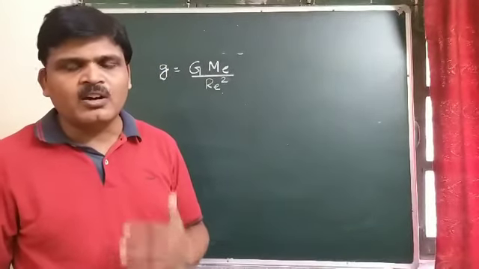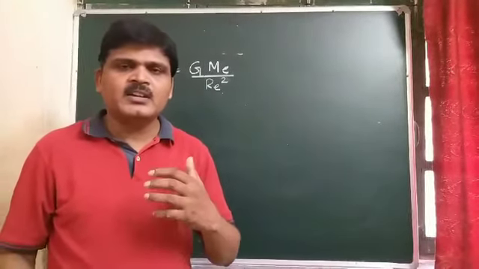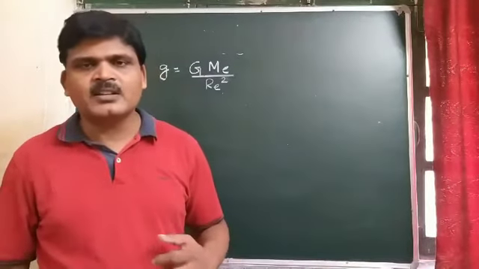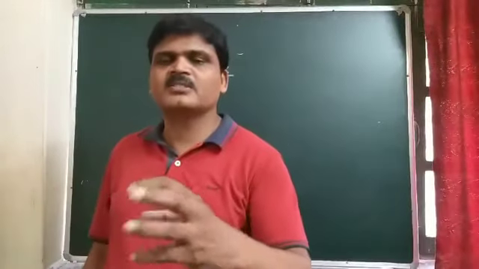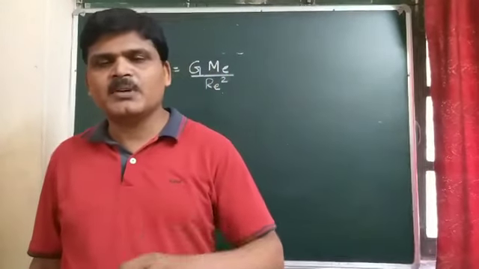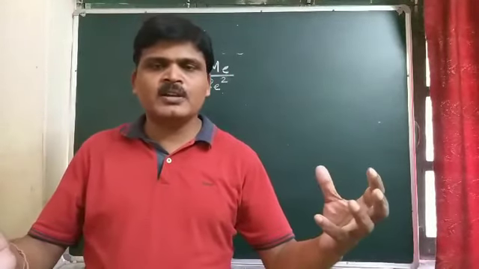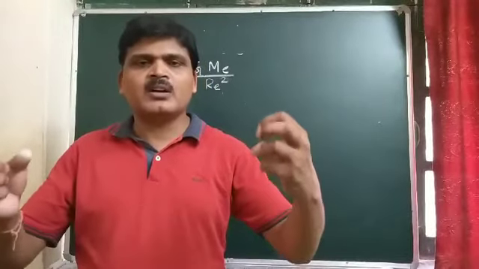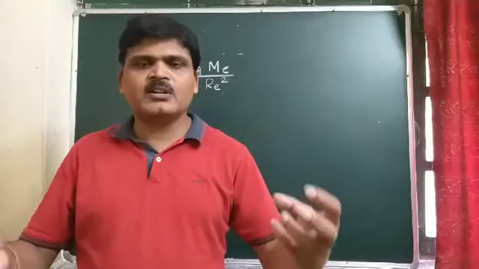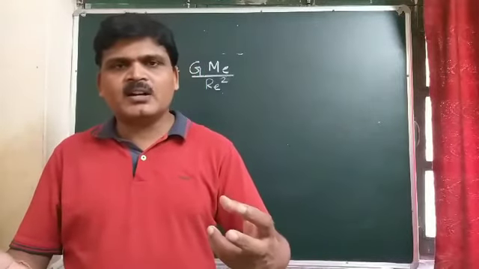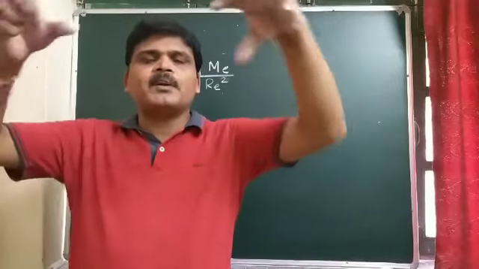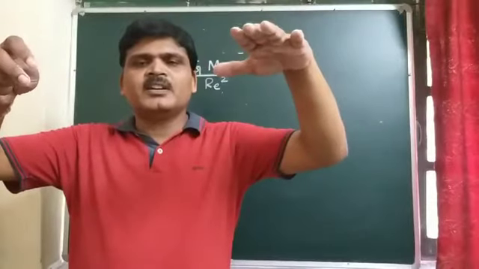It means all objects fall freely with the same acceleration, which is known as what? Acceleration due to gravity, and its value is 9.8 meter per second square. So student, whether the object is hollow, whether the object is solid, whether the object is lighter, and whether the object is heavier, if all these objects drop from a